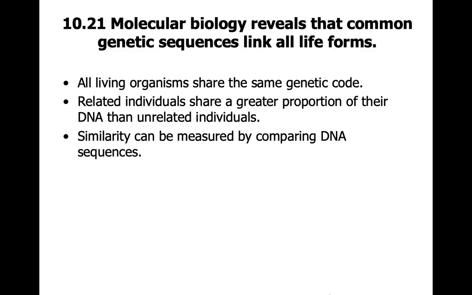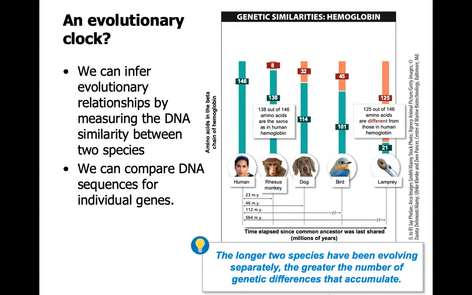This similarity can be measured by looking at the DNA sequence and actually counting the differences. And from that, we can use that information to deduce some evolutionary relationships between two species. Now, this is generally done by comparing specific genes. So this example here is the hemoglobin gene. We've talked about hemoglobin quite a bit. This is the one that is in our red blood cells that carries oxygen, the one that in its mutated form produces sickle cell. So if we use humans as our reference sequence, because that's us, we like to talk about ourselves,